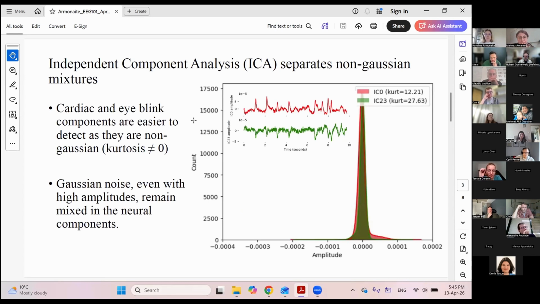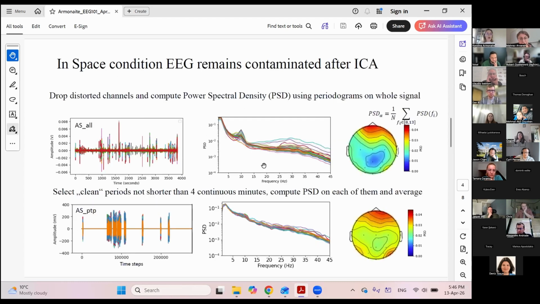Just a quick reminder that ICA works on statistical independence. So basically, if a component has an excessive kurtosis, it is quite easily identified. Instead, if we have some Gaussian noise that has high amplitudes but a Gaussian distribution, it is mixed in the neural signal, and therefore ICA might not easily identify this component. And this is what happens to our astronauts'